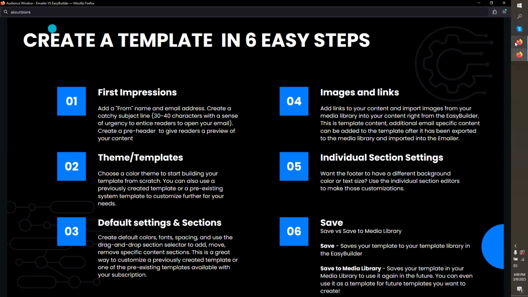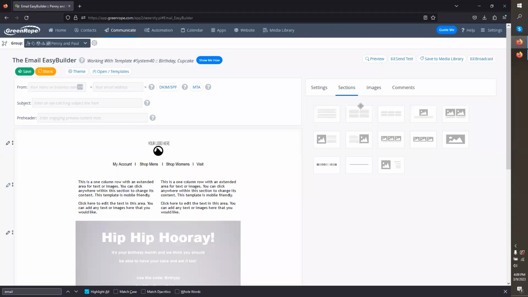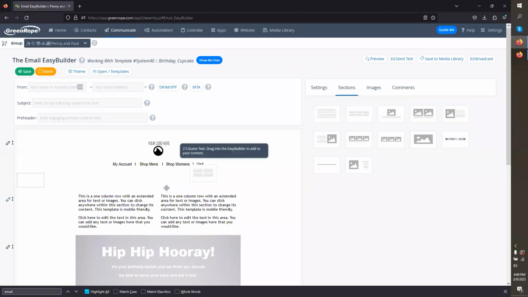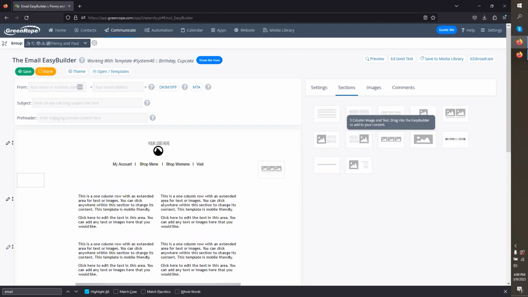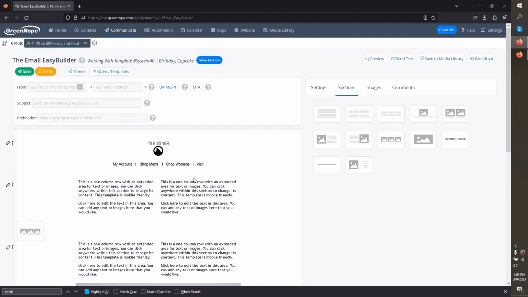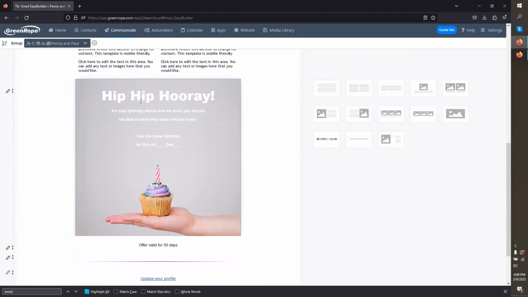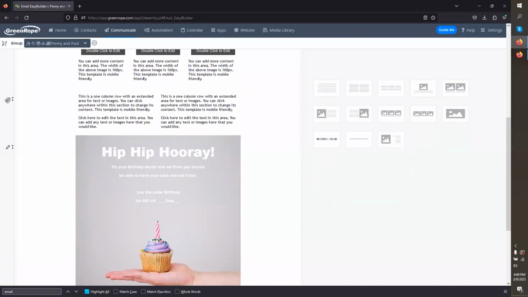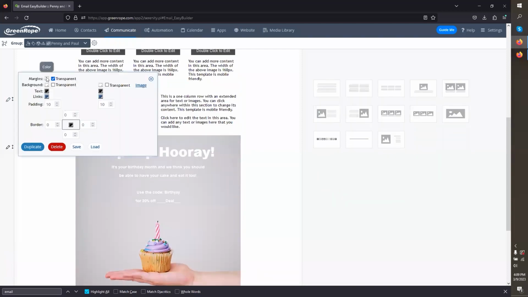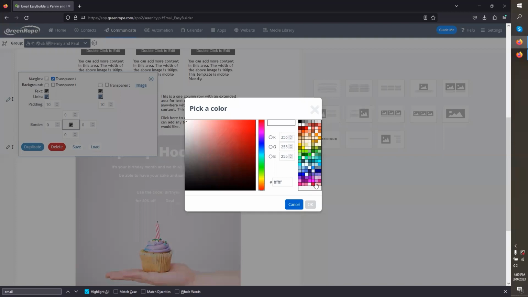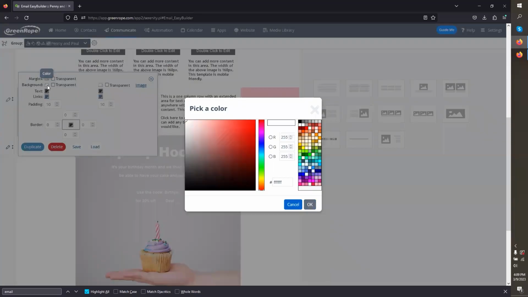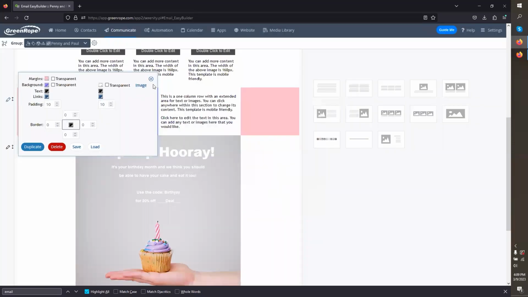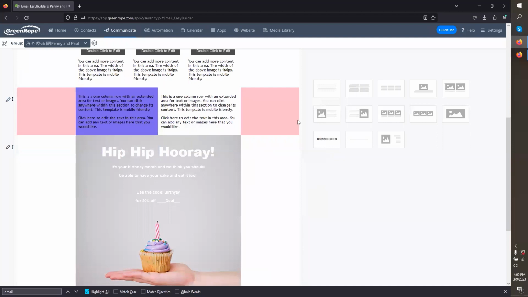The individual section settings, this is something I wanted to show you guys. So we're going to go over everything a little bit twice because I think this is one of the confusing parts. So we have this one that's a birthday, but if I wanted to change anything in this particular area, I can change the sections by itself. So this is really cool. This was added about a year ago, that you can change all of this in a particular